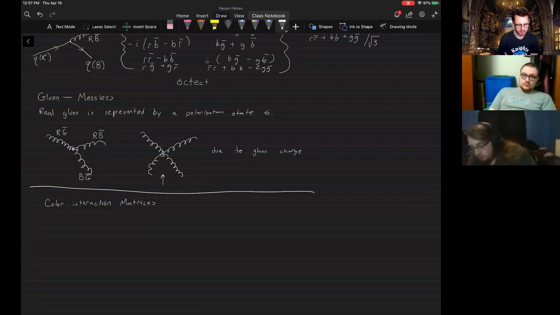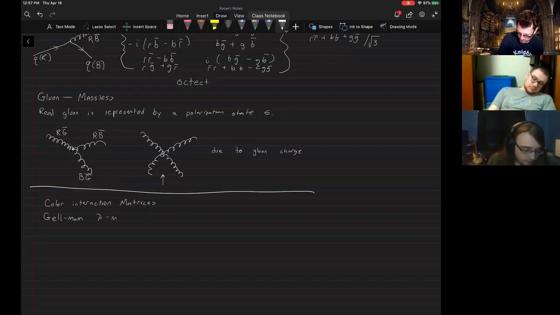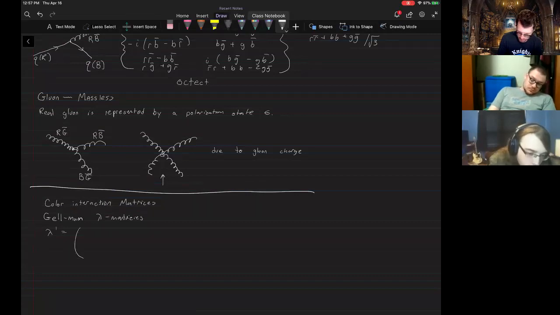So I need the same idea in this color theory. And it turns out there's a common representation that people use in this theory that's represented by the Gell-Mann matrices, the Gell-Mann lambda matrices. There are 8 of these matrices, and they look something like this. So lambda 1 looks like, as you might guess, they're going to be 3 by 3 matrices to act on these 3 component color state objects. 0, 0, 1, 0, 0, and